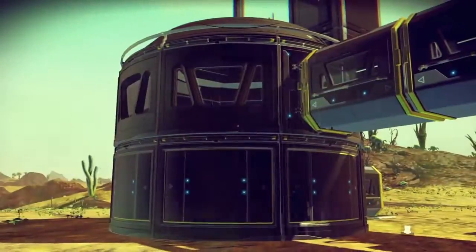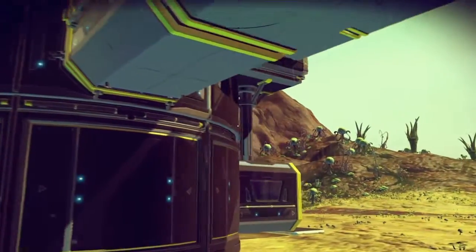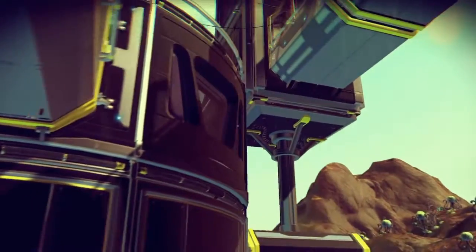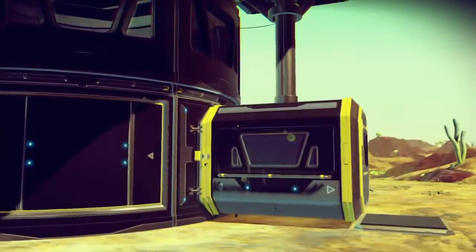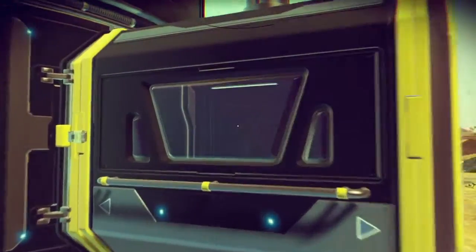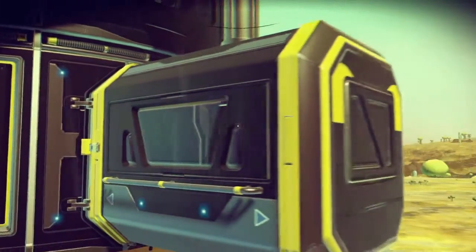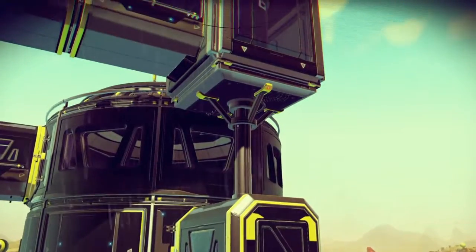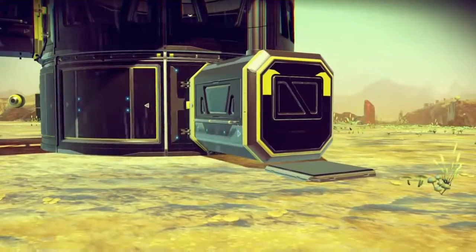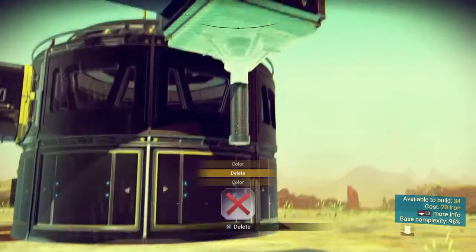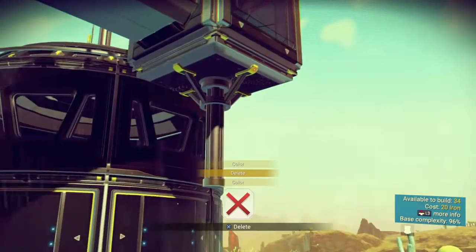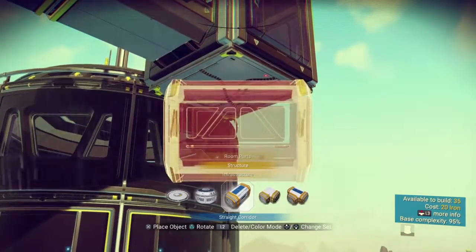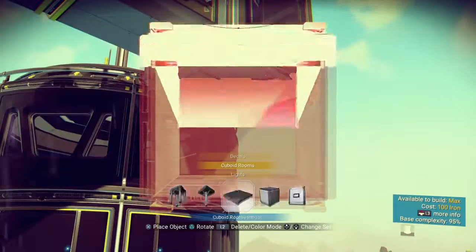But anyway, the point is that these cuboid strut rooms can interact with these structure rooms in a proper way if you build the structure room first. So, if I were to take this away and then rebuild this, so I'm going to do that. See how it's kind of aired out now, it doesn't really look right. So if I were to take that away, put it back in,